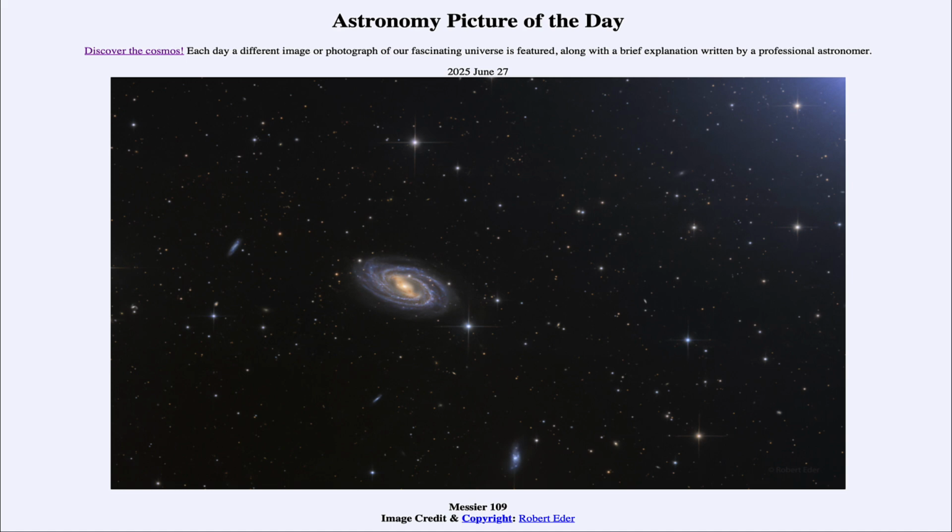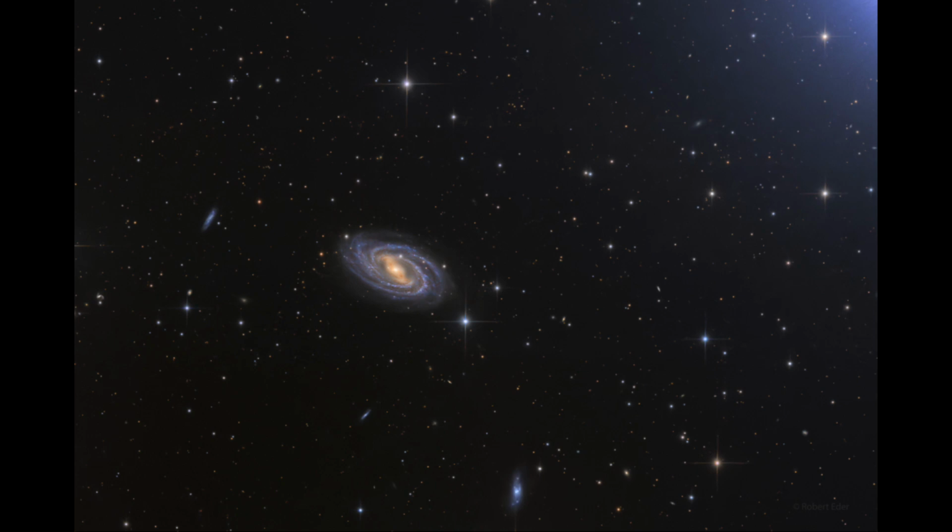Today's picture for June 27th of 2025 is titled Messier 109. So what do we see here? Well, here we see a spiral galaxy, and it's known by its catalog designation of Messier 109, or sometimes called